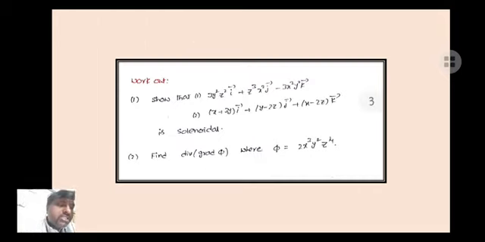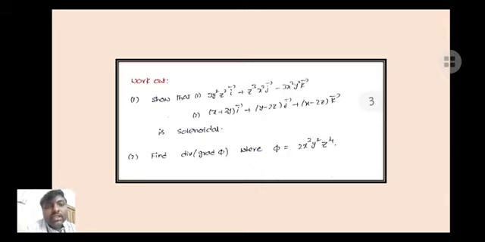Okay, so this is the way we can calculate the divergence of a vector point function and check whether the given function is solenoidal or not. Please go through the workout problems. Show that these two functions are solenoidal. The second one is to find the divergence of grad phi, where phi is equal to 0.